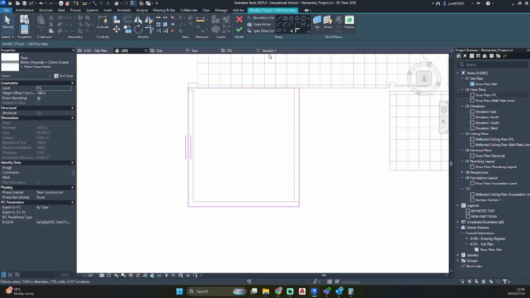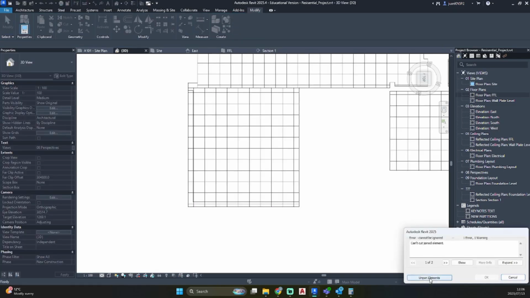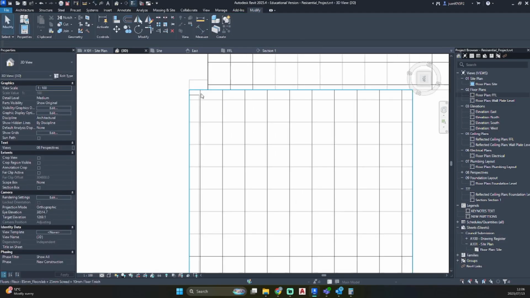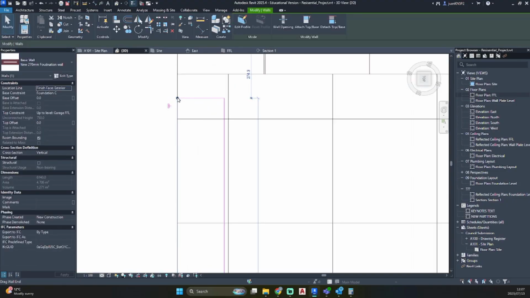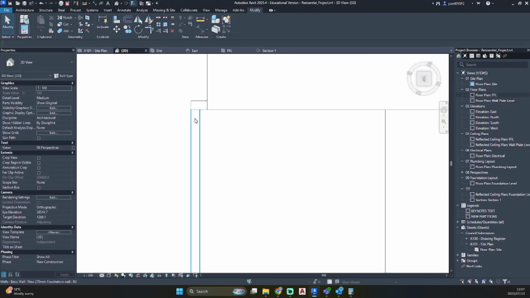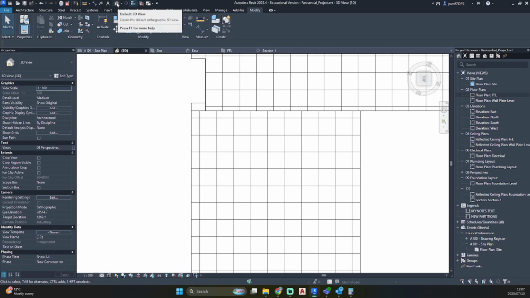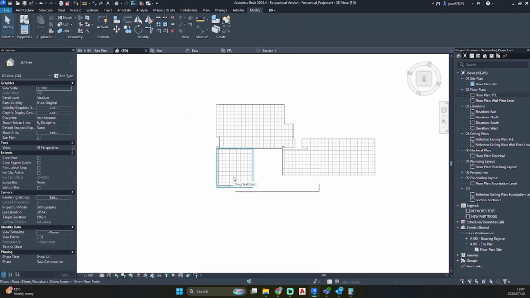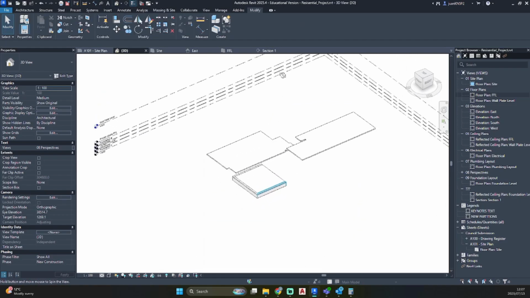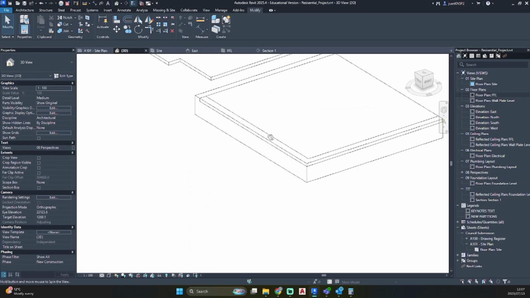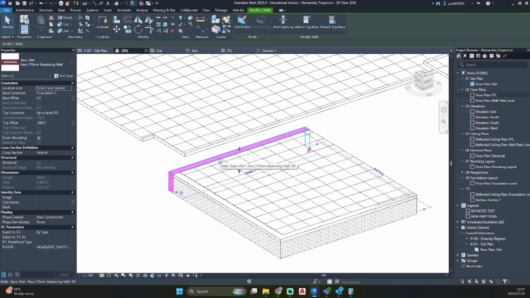So now we could just hit escape, press the green arrow, just say unjoin, and now move your foundation wall back into place. If we go 3D default view and just shift scroll button, we'll see that this has now been auto adjusted.